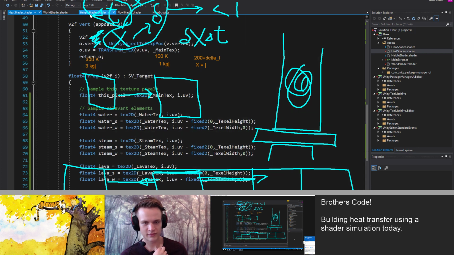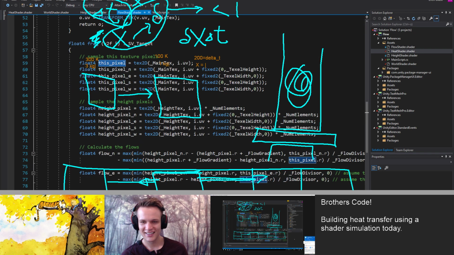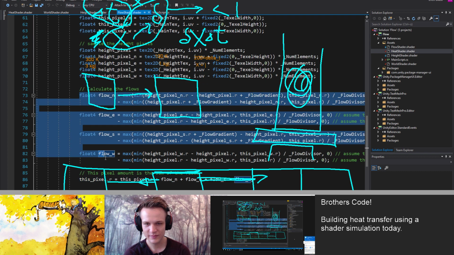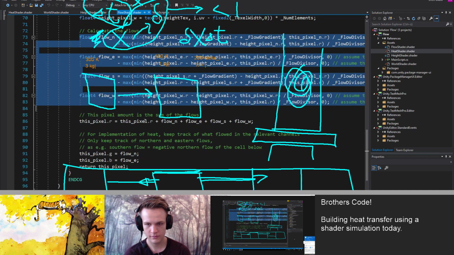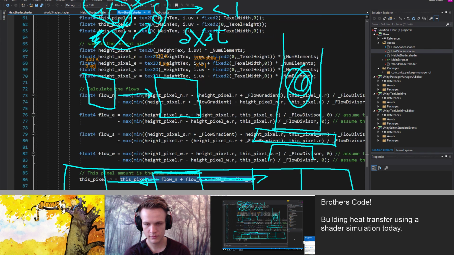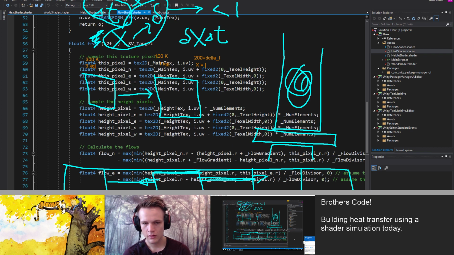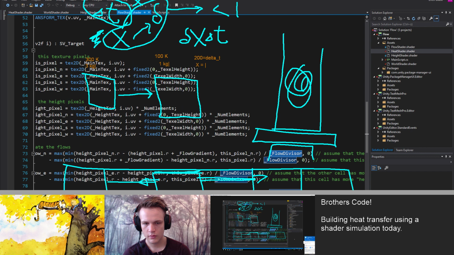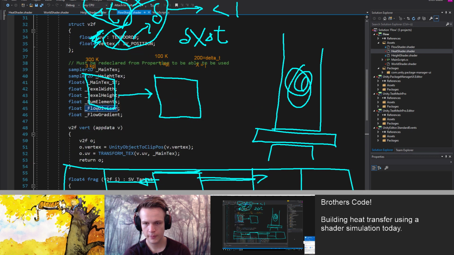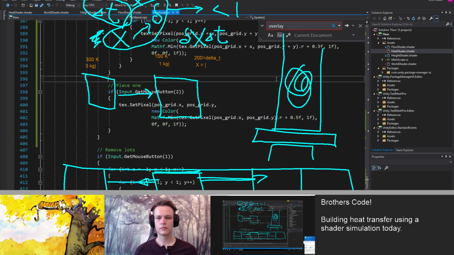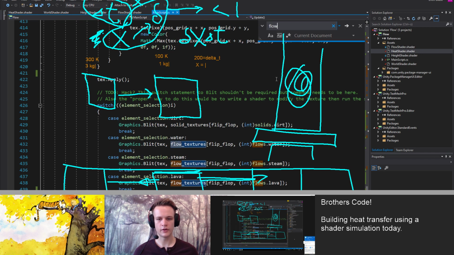Yeah, in the flow shader, with our lovely pictures overlaid, we calculate our flow northeast, southwest, and then just flow that amount. What it's divided by in here is the flow divisor, which is one of the properties set, and that flow divisor is minimum 5. Is this how you get things to flow at different rates?